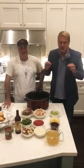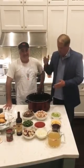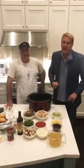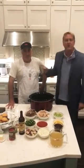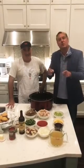Now, any UVA fan will know that Brunswick, Virginia is synonymous with the greatest player that I ever played with and one of the all-time UVA greats, Bryant Stith. This is a hearty meal. We're doing it in a slow cooker today. We're going to cook it all day. Should be ready for game time. I'm joined by a friend of the program, Chef Mark from Palm Beach, who's going to take us through his